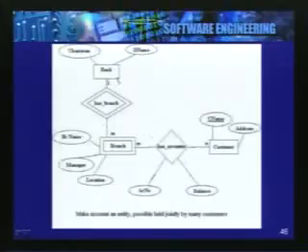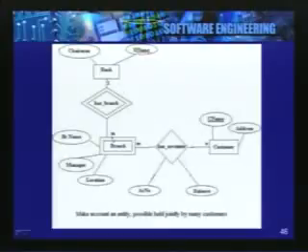Here is the bank entity. It has a bank name, and this could be the key, and it may have some other attributes. Similarly, we have another entity called customer. These are our normal entities. They are strong entities and they have their own key. So customers have, let's say, customer name, which may be unique. Let's for the time being assume that customer name is unique. So these two are strong entities.